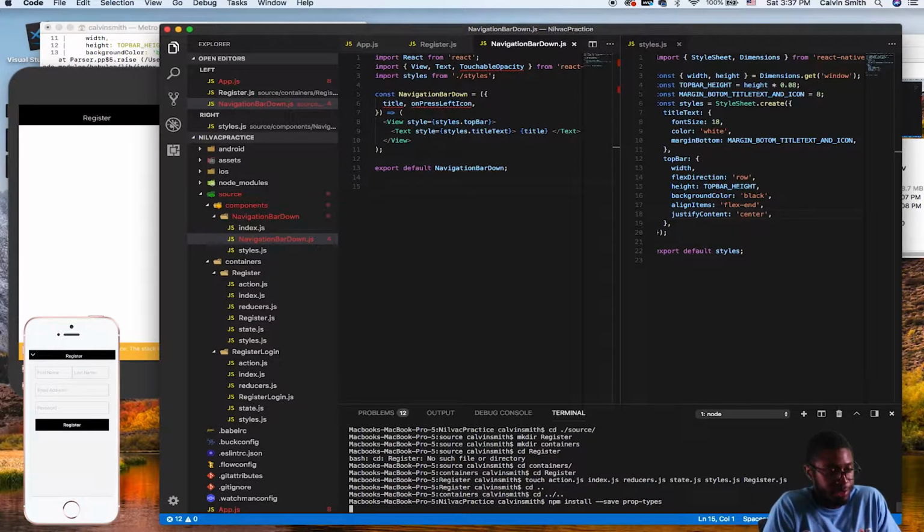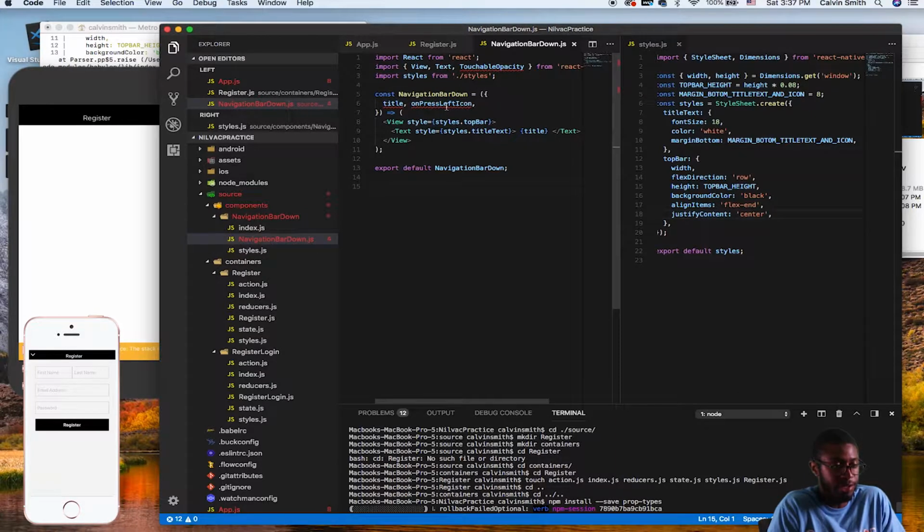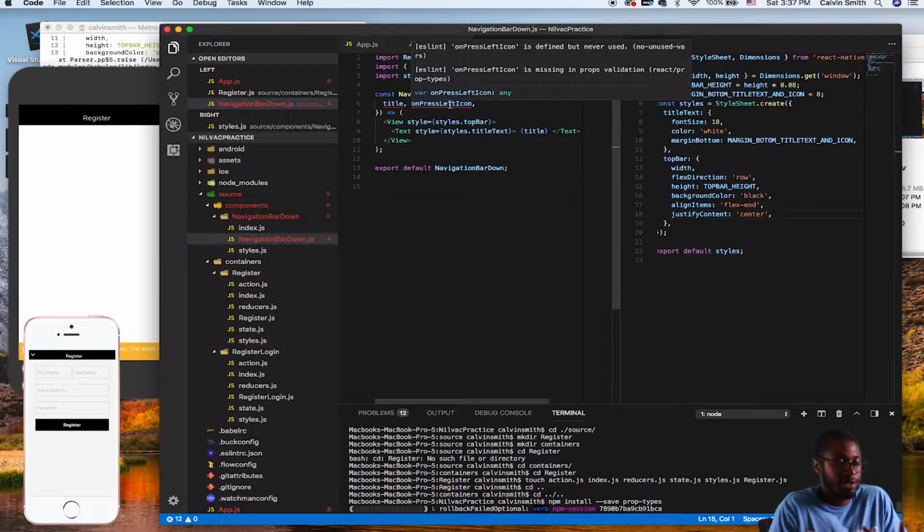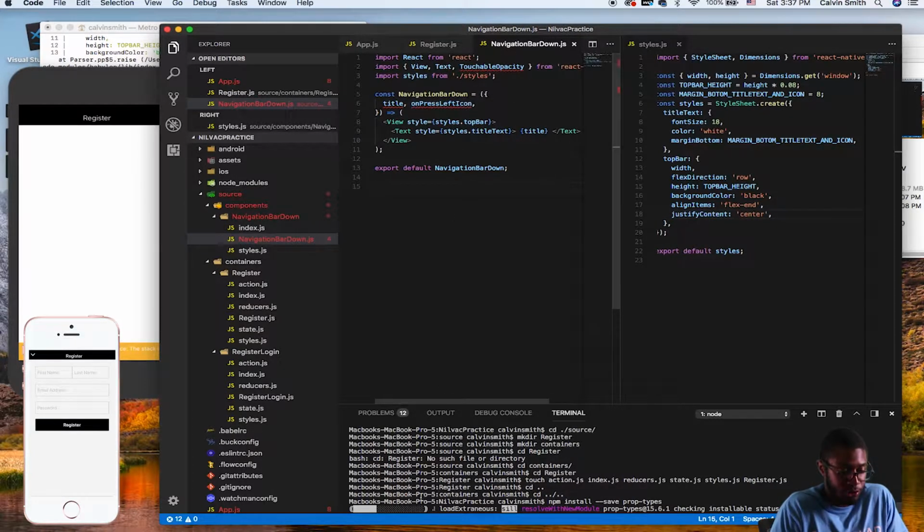What that's going to do is create prop types for us so that we can give properties to the title and the unpressed left icon, which ESLint wants us to do. And that, like I said, helps keep our format understandable. So once this completes,